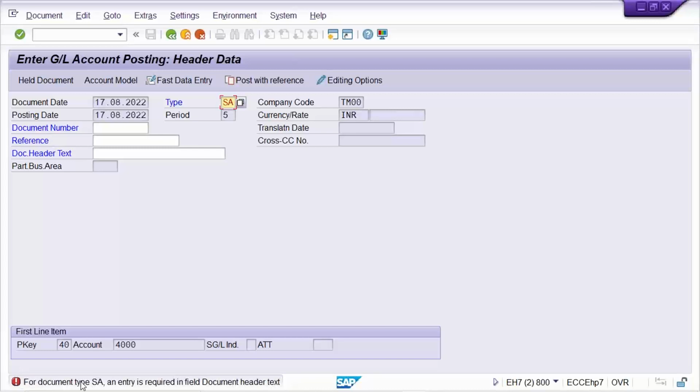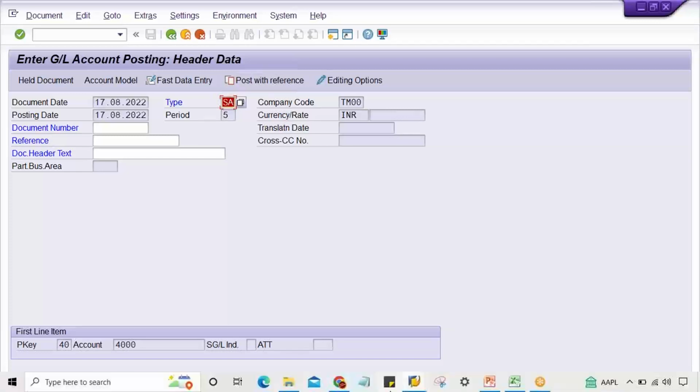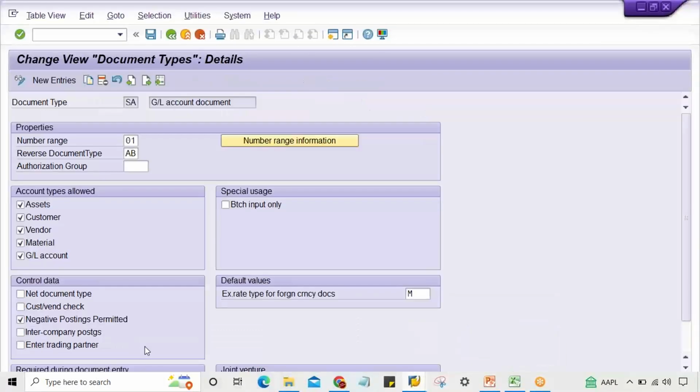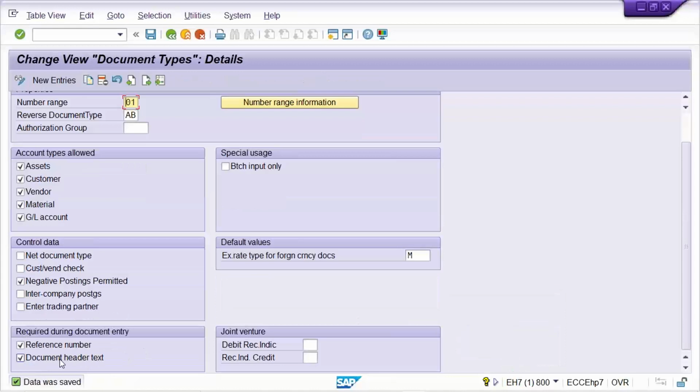SAP is saying that for document type SA, an entry is required in field document header text. It means SAP is saying that you must enter certain input here. Then only the system will allow you to proceed further. Why? Because this is a required entry. So how is it a required entry? How did SAP come to know? Because this transaction is going to be posted against a particular document type, and against that document type, what we have done for header text, look here, required during document entry, in the sense during transaction posting,